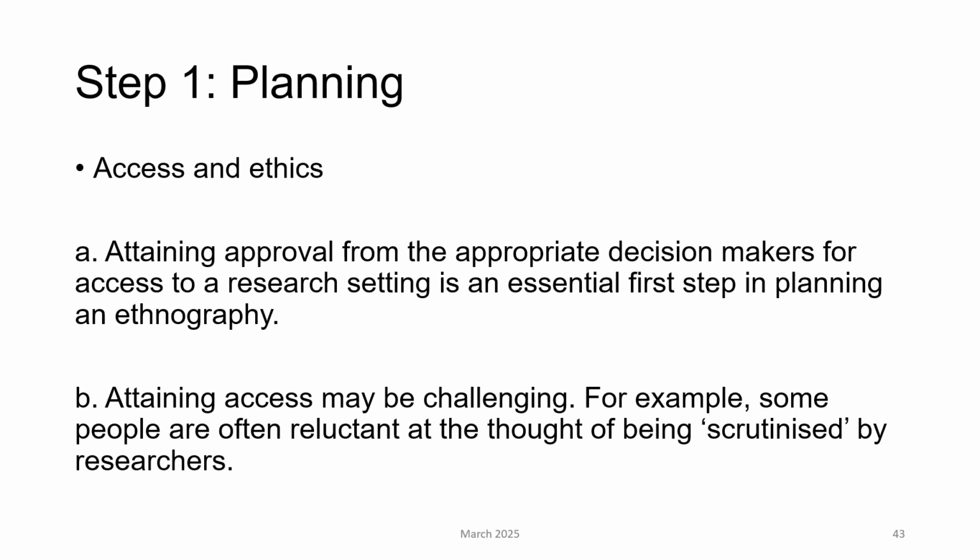And in this stage, we are talking about what we call developing key informants. Developing key informants at this stage, the people who let you in or give you the permission to get into this particular research setting or this particular culture to collect your information, is a very important step and key concept in ethnographic research, which may also help the researcher to be accepted by this particular culture. Attaining access may be challenging.